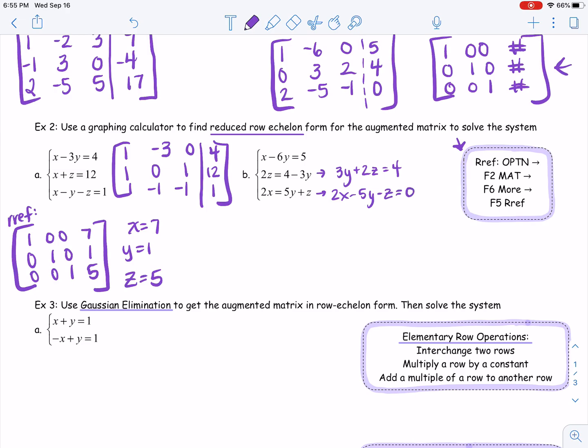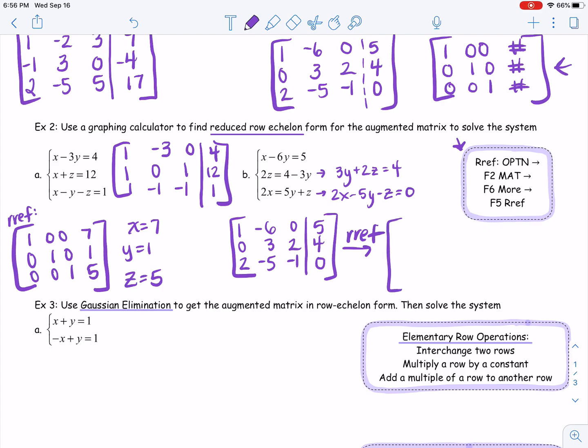Okay. So now that I have it all in the right format, I can then create my augmented matrix. So my augmented matrix would be in the first row, 1, -6, 0, 5. Second row would be 0, 3, 2, 4. And the third row would be 2, -5, -1, and 0. And so I can put this in my calculator, go through the steps of finding RREF, reduced row echelon form,